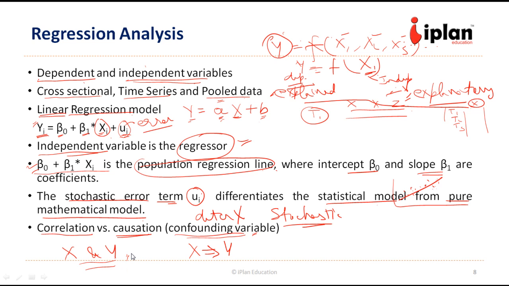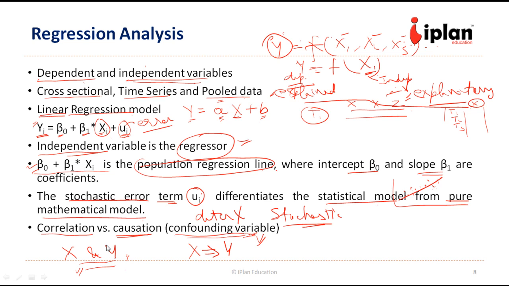So if we take an example to understand it, the number of people dying in heat waves and the sales of ice creams in a city are highly correlated, but there is no direct causation between them, because in this case the rising temperature in the summer is the confounding variable that is related to both the deaths caused by the heat wave and the ice cream sales. That is a confounding variable which is driving these variables x and y. There is no causality between these two.